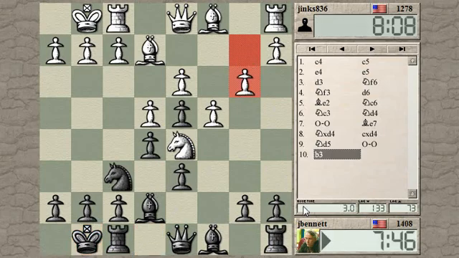He doesn't. It's a good piece, right? He's just going to enjoy that piece. And I don't want to trade my good bishop for that knight. Although that is a strategy. Bishop here, bishop takes. And then he would have no knights, and he would have...